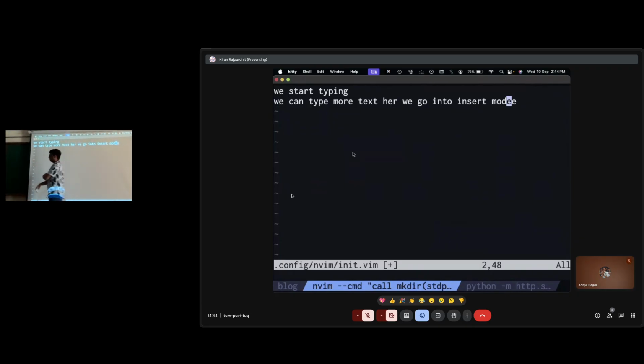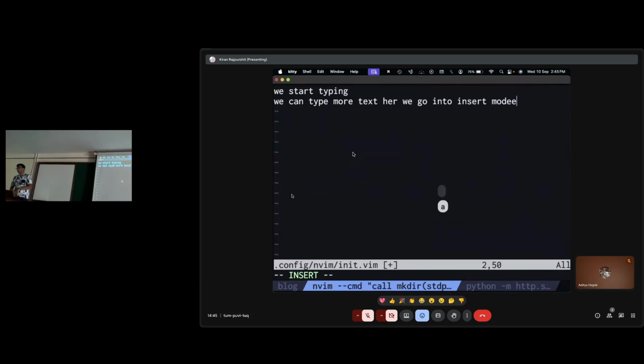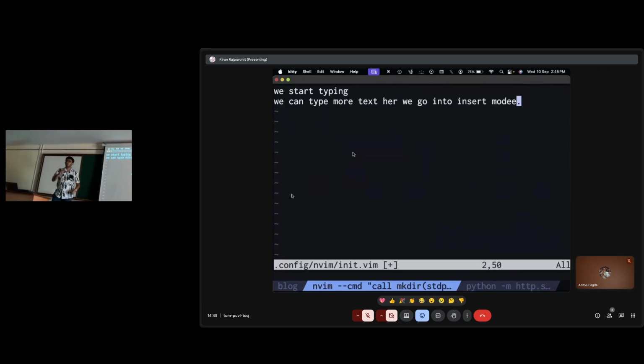What if I want to, well, I press L a couple of times. If I want to enter a full stop after it, if I press I, you will see that I'm placed between E and E, whereas I want to be after E. For that, you press A. You can already see that there are multiple ways to go into insert mode. There is I, there is A, there is also O.